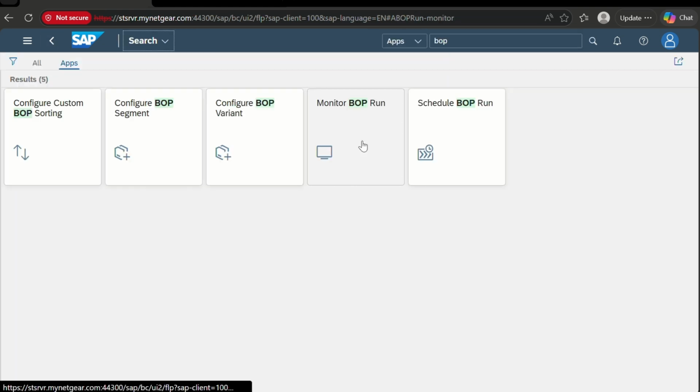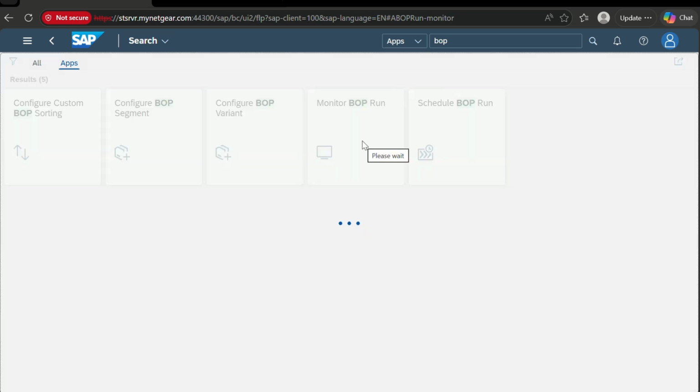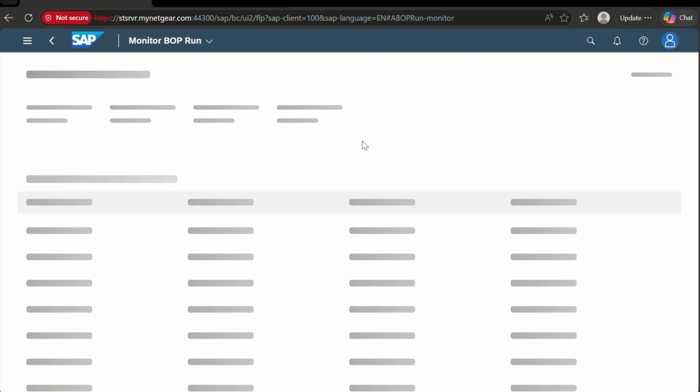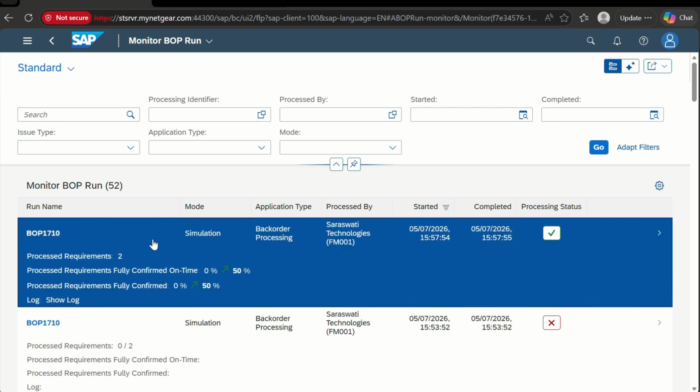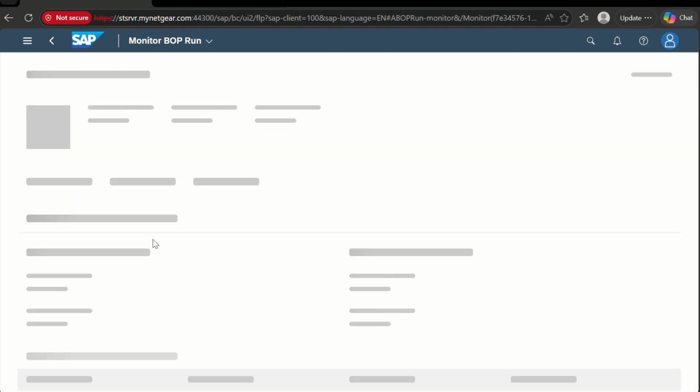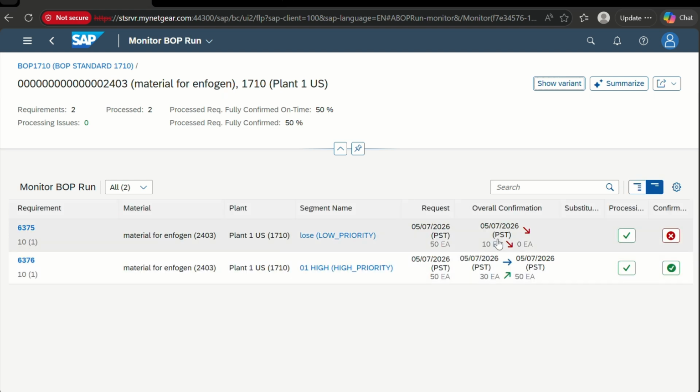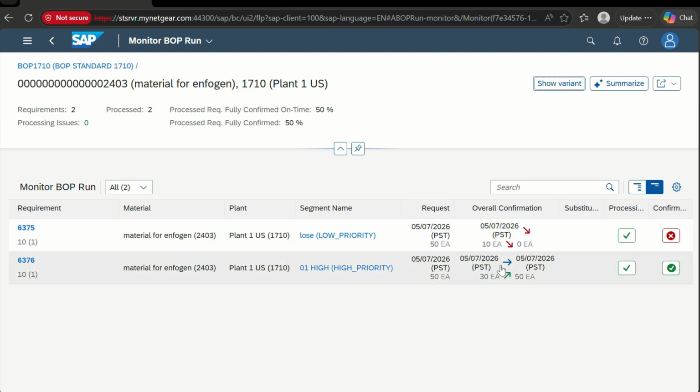Go back and see your monitor. Now this time your backorder processing worked. You can see here the stock has been picked, 10 quantity has been picked and transferred to your high priority customer